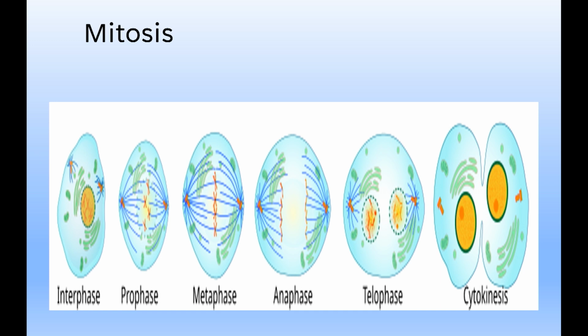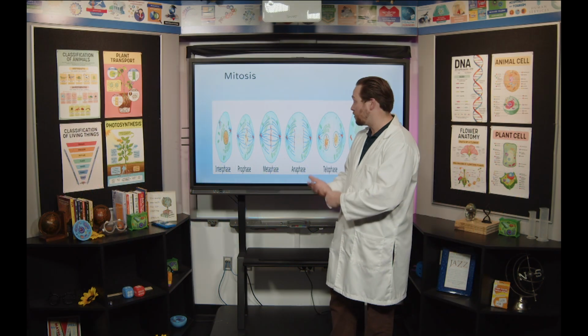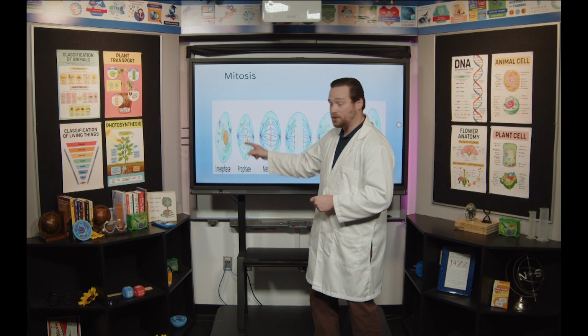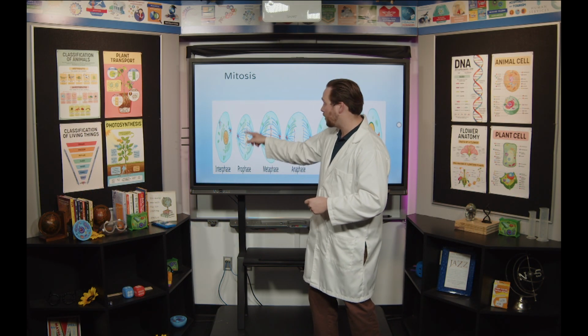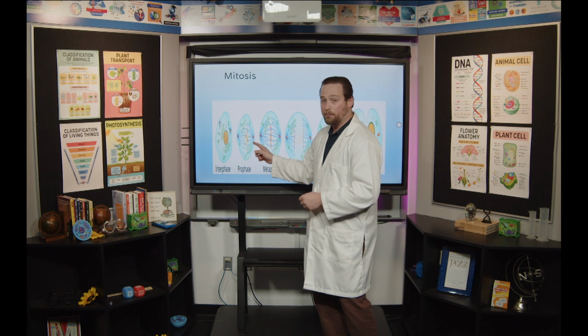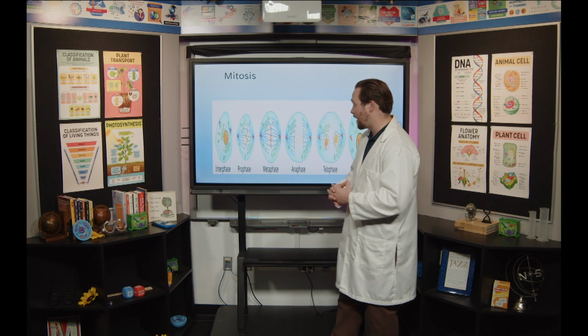So prophase, that's where most of the stuff is happening. There's 3 things I really want you to remember. The chromosomes condense from chromatin into chromosomes. The nucleus dissolves. You see how here we have that yellow circle, now we don't. Okay, and then the spindle fibers form. So that's 3 things in prophase that I need you to remember.